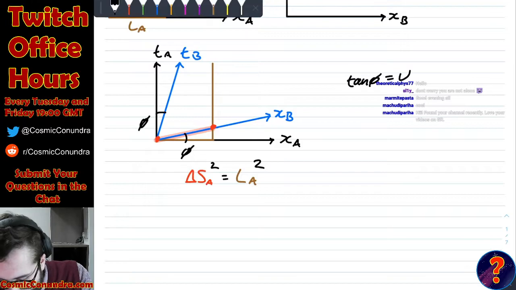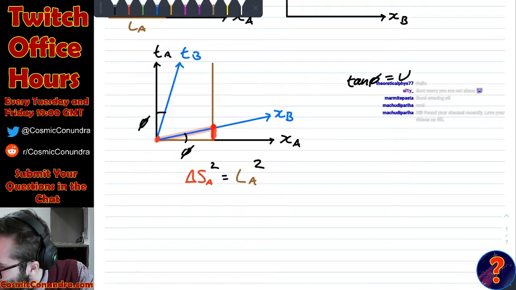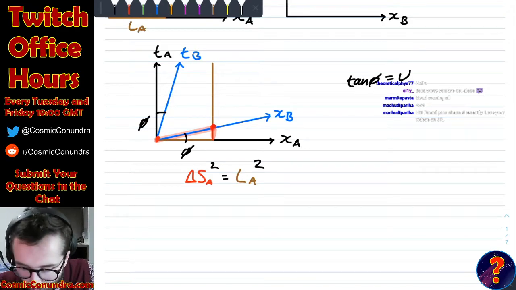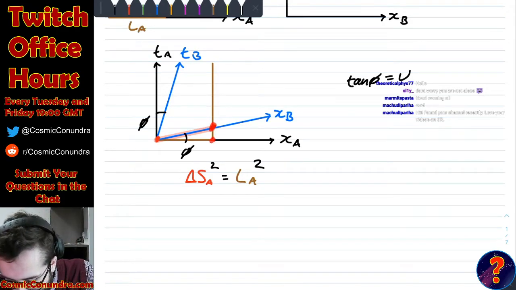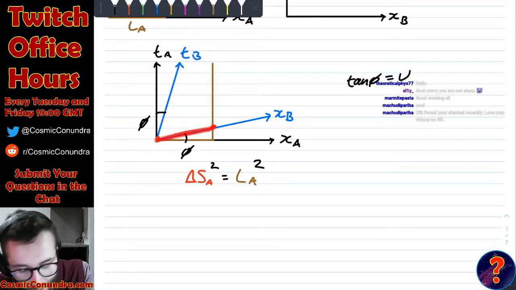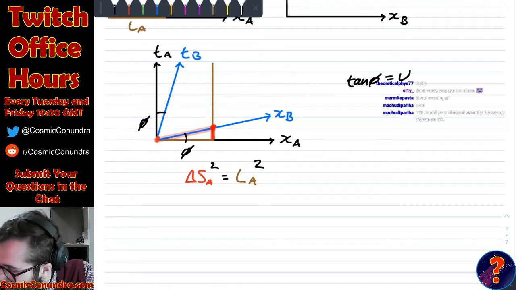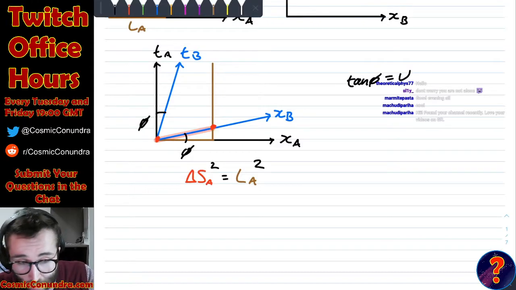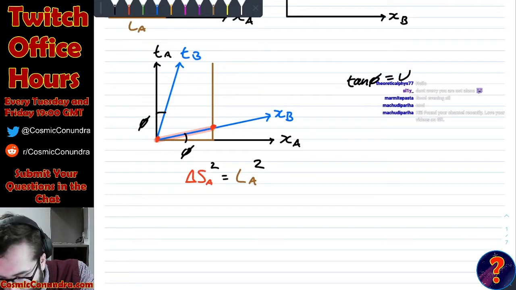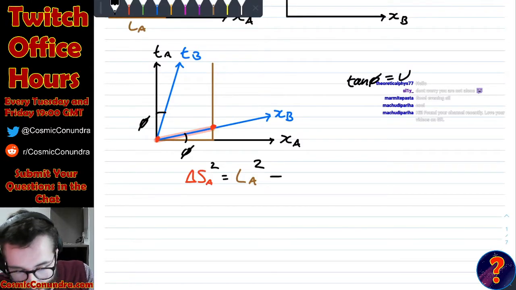So that's LA squared. But there is also a temporal component here. There is a slight difference between the time coordinates as measured by person A. So although these two lines are simultaneous in person B's frame, they're not simultaneous in person A's frame. So if we're looking for the space-time interval according to person A, we will have to include this temporal